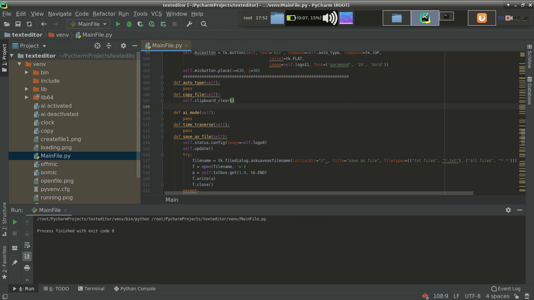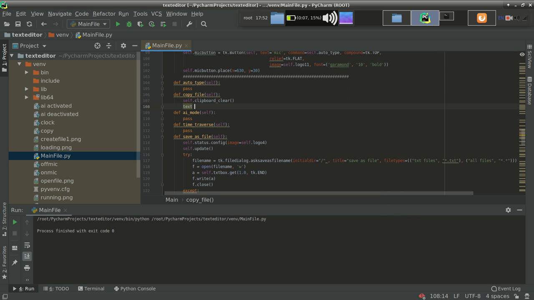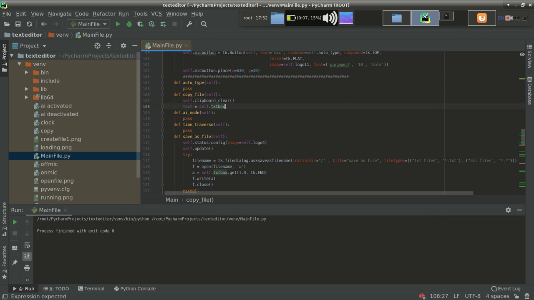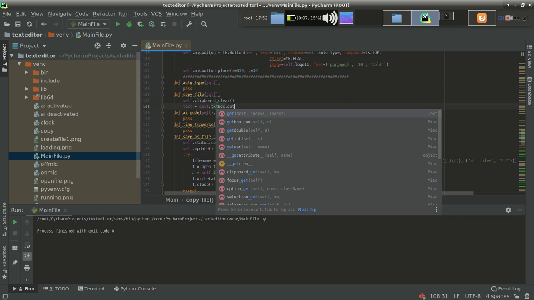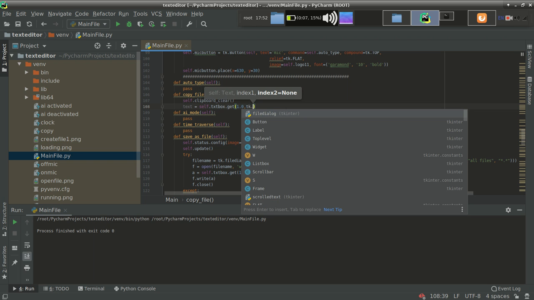Now I want to fetch the content. So text will be self dot text box dot get, again the same code, 1.0 comma tk dot END, a well known condition to you.